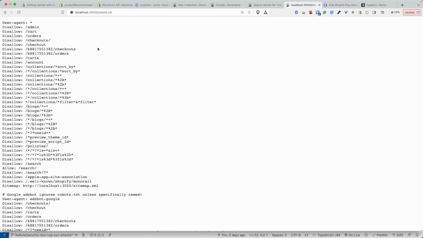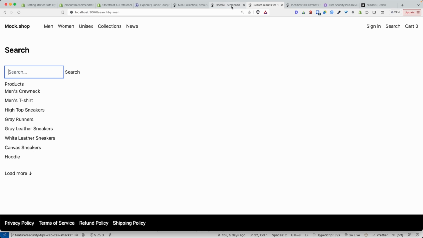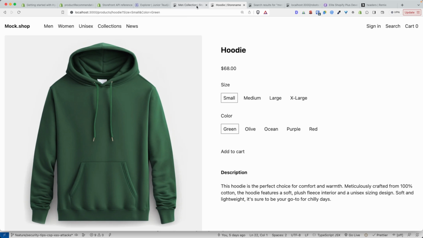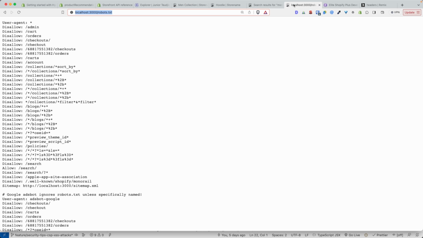Well, simply put, a robots.txt file, as you can see here, and this website is the Shopify Hydrogen demo store that we have been using in this tutorial series so far. If I visit localhost:3000/robots.txt, we see the content of the file itself. Obviously, we're going to look at how this is created, but let's see first of all what it looks like and